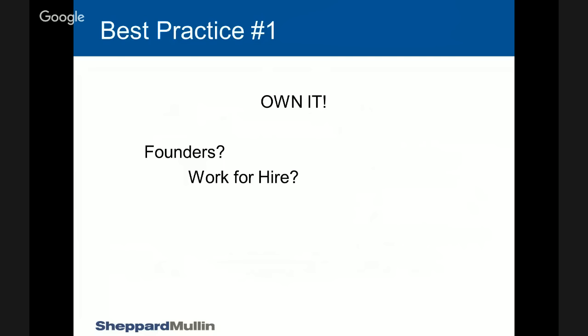So the first problem is if you rely on work for hire and something patentable comes out, let's say you come up with an idea and the developer in developing it comes up with something that's an enhancement or improvement to your idea, and you're like, yeah, that's really cool, let's put it in my game. Absent an agreement, you don't own it. And just because you paid for it, it doesn't necessarily mean you own it. And from a patent perspective, work for hire doesn't even apply. What it does apply to is copyrights.